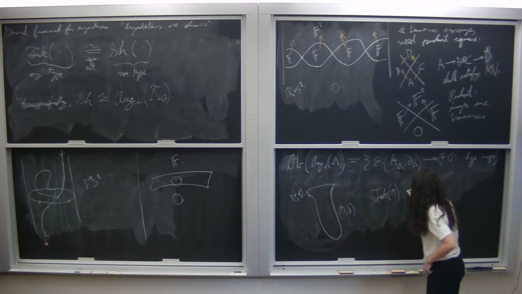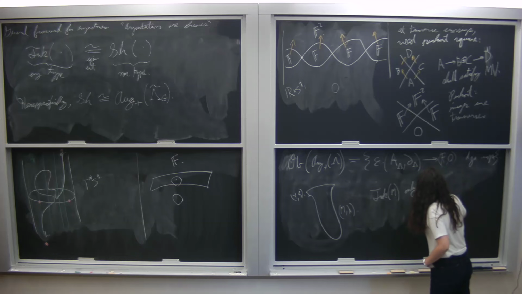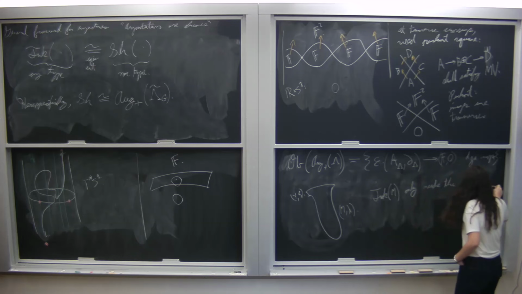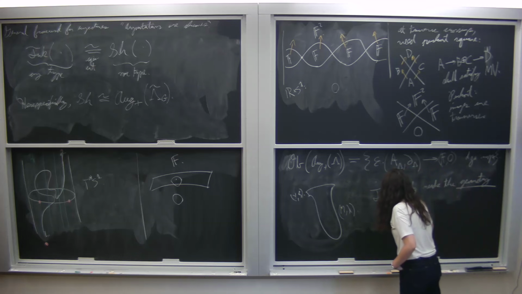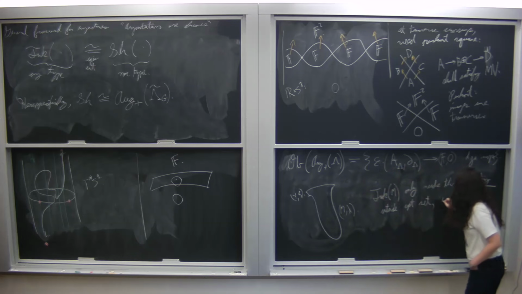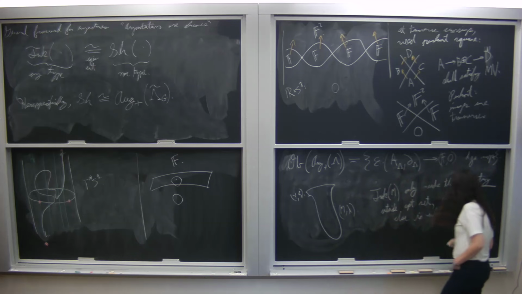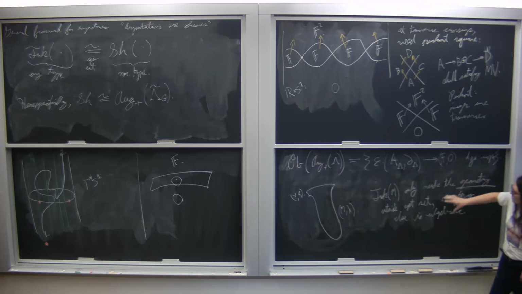So this, in fact, only needs the geometry, I'll say, outside of a compact set. And then everything else is algebraic. So one way to think of this is that if I'm doing Floer homology of a compact manifold